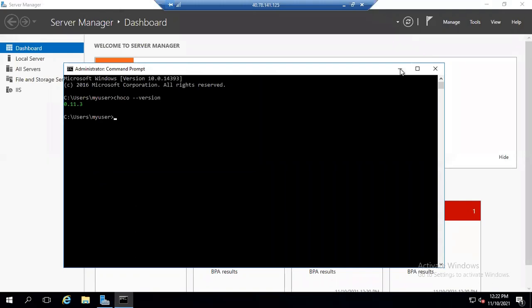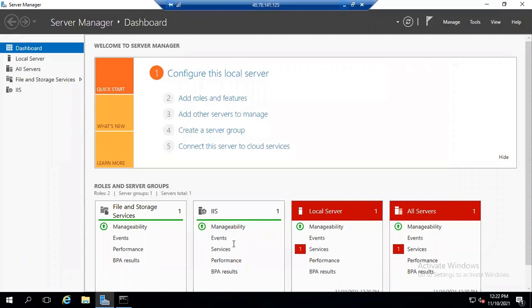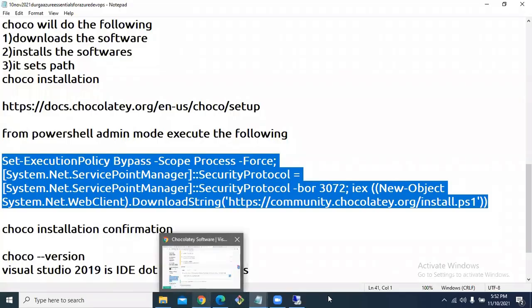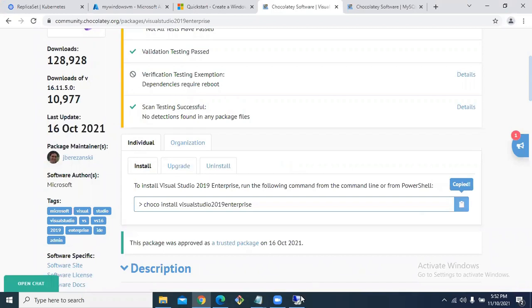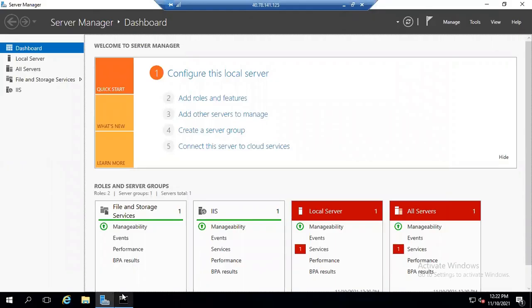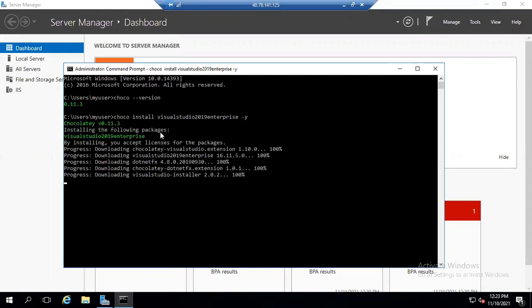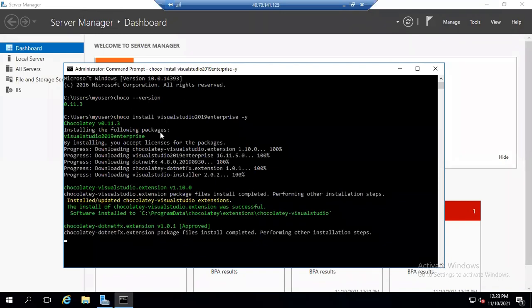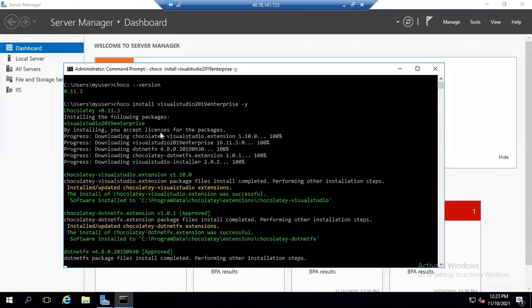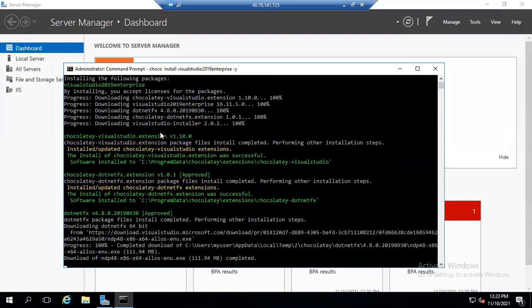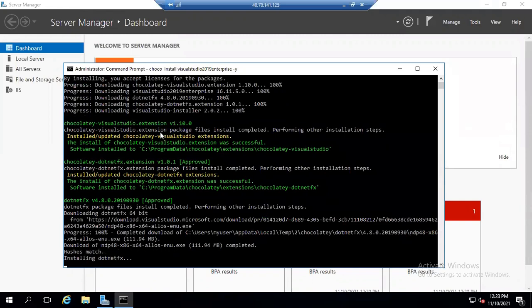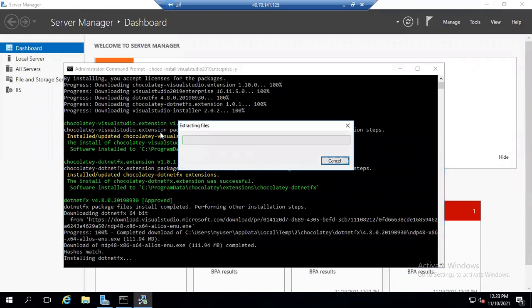Okay, we will do one thing. From here itself, we install Visual Studio. So by tomorrow, you make your systems ready with Visual Studio 2019, because first we are going to see Azure Repos.